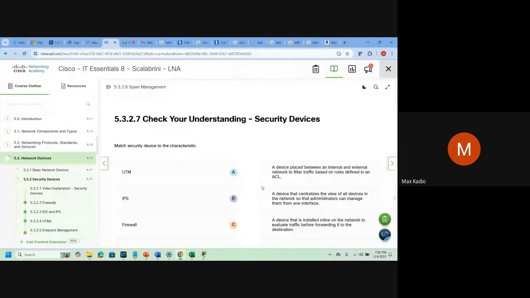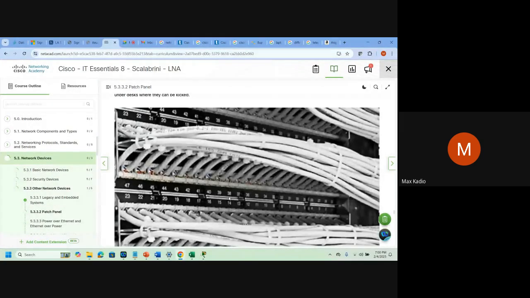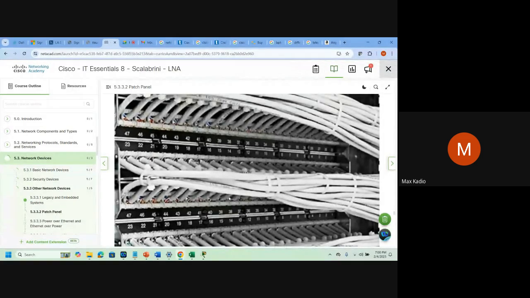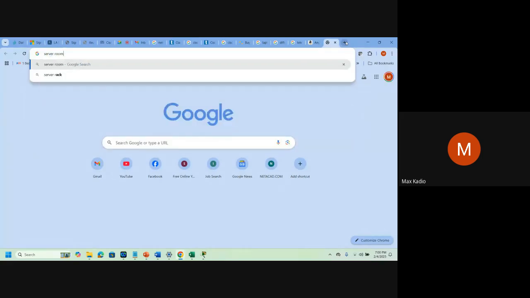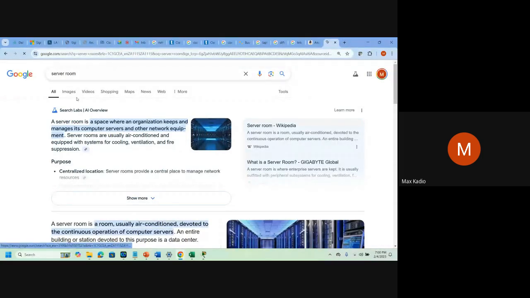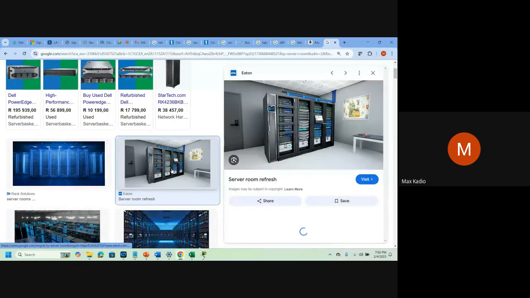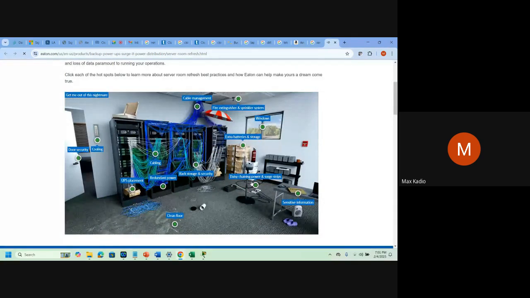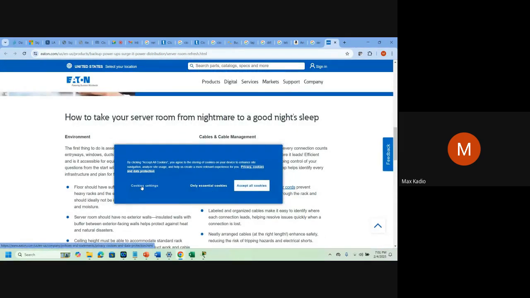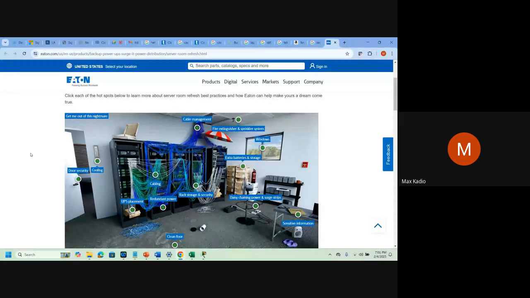Okay, anything else you can just read. So all the cabling from your PCs goes to a server room. So in IT, all the cable from your PC that needs to go to the switch will come here.